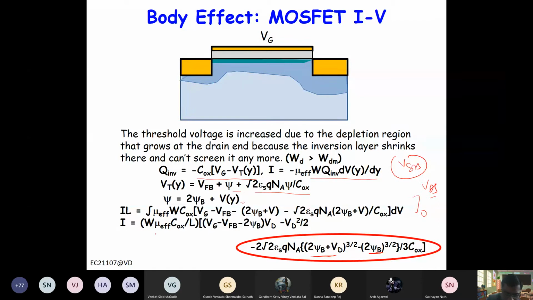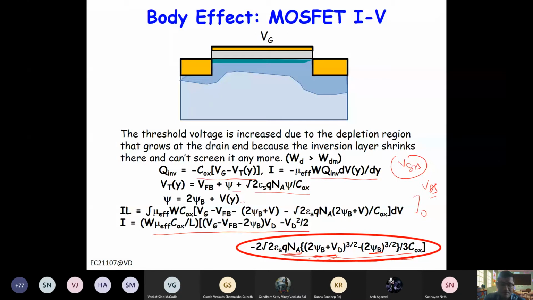So this is basically the same as the IV equation for the normal MOSFET, and this is including the body effect. Now, body effect will be important at higher voltages. What actually affects this? If your channel doping is higher and this VD is higher, then in those cases this body effect will come into the picture. Otherwise you can approximate with the normal IV curve for MOSFET.